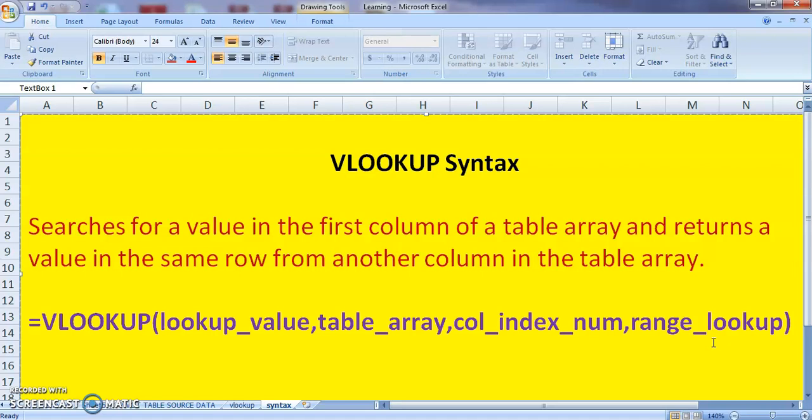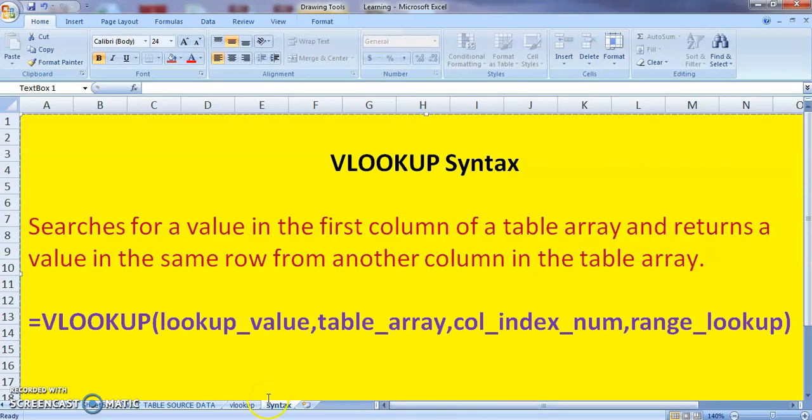Whenever you're going for an exact match, you have to enter the value as 0. When you enter 0, it takes it as false, and that will perform the exact match. Whenever you want to do approximate match, you should type it as 1. 1 stands for true, and true does the approximate match.